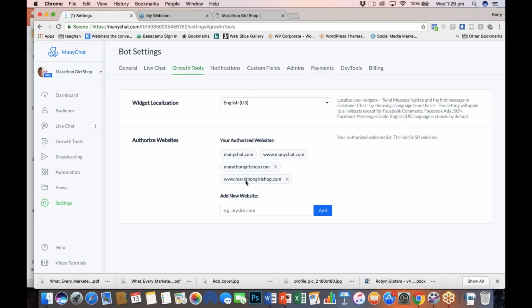That's pretty much why I've got the www in there. You put your website like that, your www website in there. You can copy and paste it off your website and see where it adds in, but basically you're authorizing your website. You do have a limit of 50 websites. So if you've got other places that you want your growth tool to show up, you've got a limit of 50. I'm not sure who would go through that, but